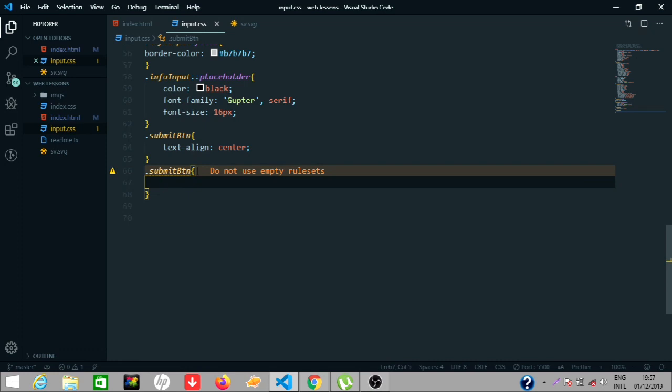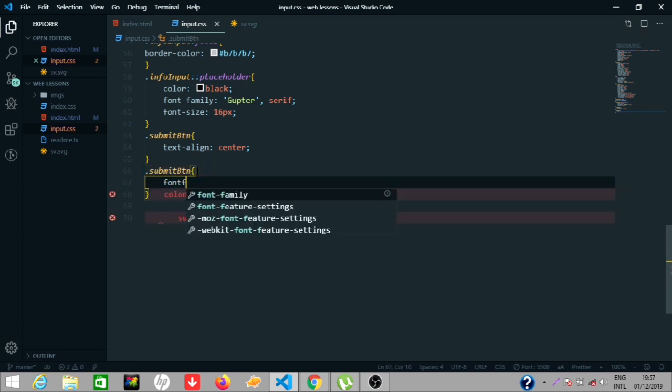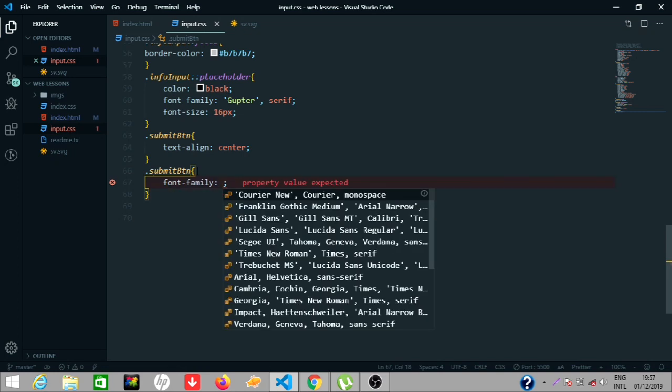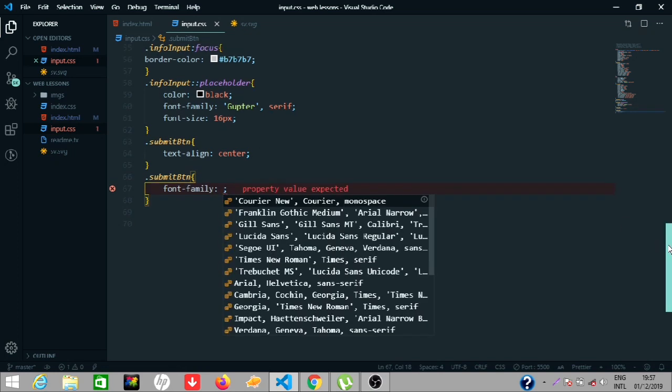So let's give this a font family of Roboto font, which is actually my best font